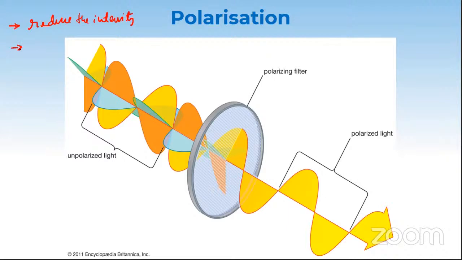Similarly, if you're trying to watch a solar eclipse, you can't watch it with the naked eye because harmful radiation will be emitted, and it will be very harmful for your eye. But if you take specially built solar glasses, or even an X-ray sheet, you can watch it. They do the same thing, which is reducing the intensity. Whenever such radiation is reduced, that process is called polarization.